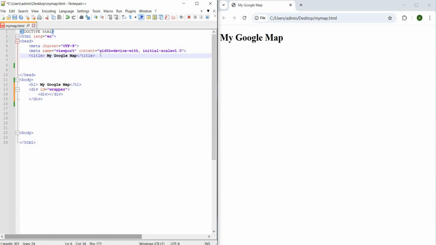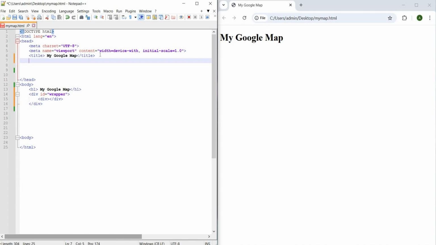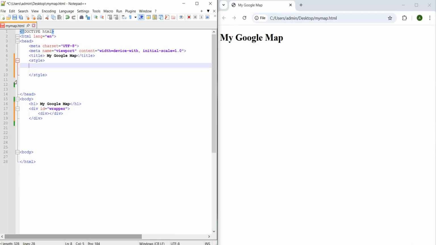Then we need to create a CSS, or cascading style sheet. So style. As you can see, there is the word wrapper here in our HTML document. Inside style, we need to get this wrapper code to style.